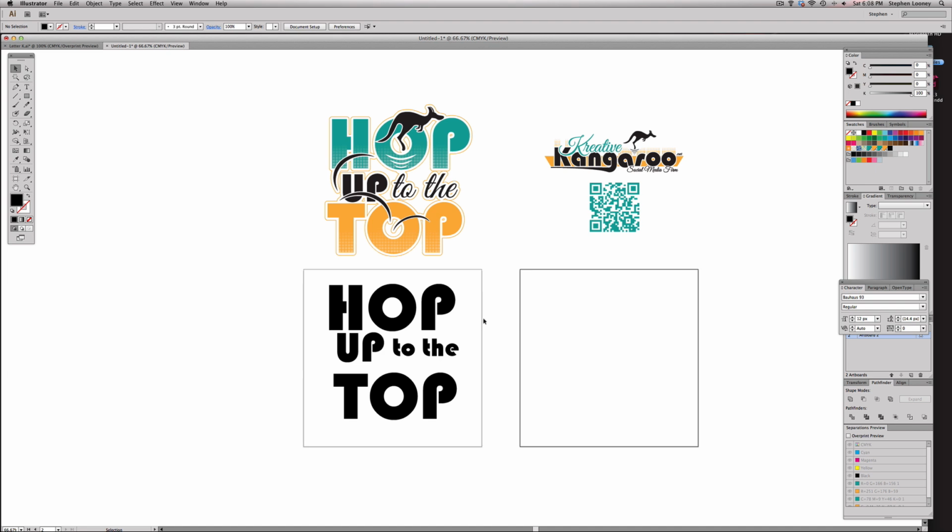And what we're going to do now is just have some fun. That was more of what I was doing earlier, trying to place things around. But my whole idea was to make it look like this kangaroo is jumping all over the place, but really jumping to the top. And the top can mean many things: the top of a search engine, the top of the list, the top 10 blogs, all this type of stuff. So we're going to now take the words "to the" and change them